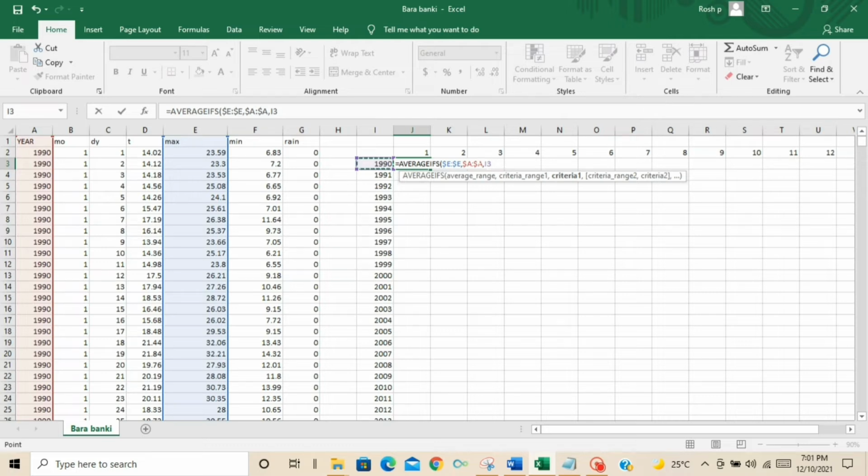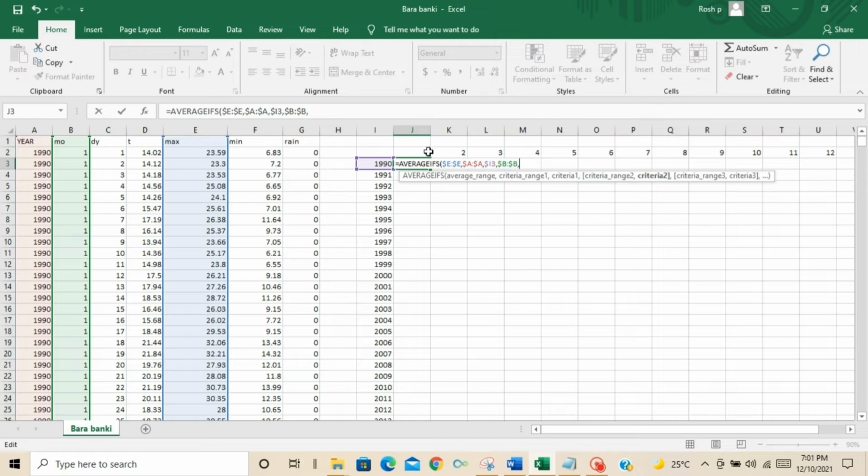So that is I3. I will also add a dollar sign for this, comma. I also want the month, that is dollar sign B, dollar sign. The column B value is required, so the dollar sign is necessary. And then you have to use a comma.